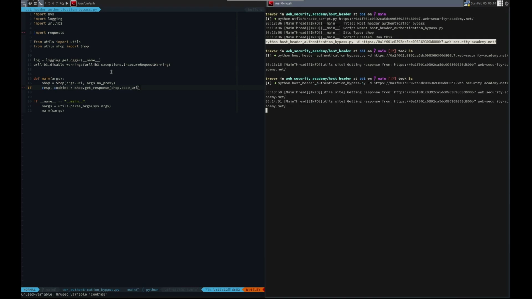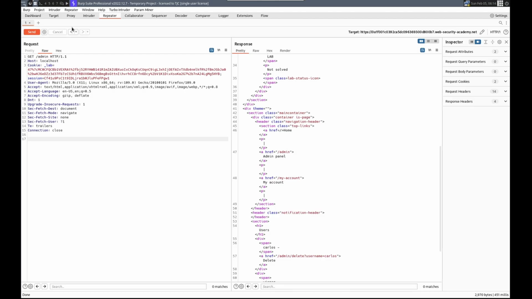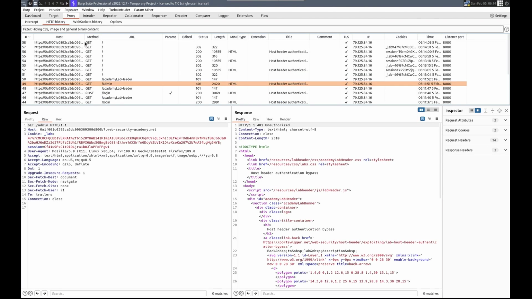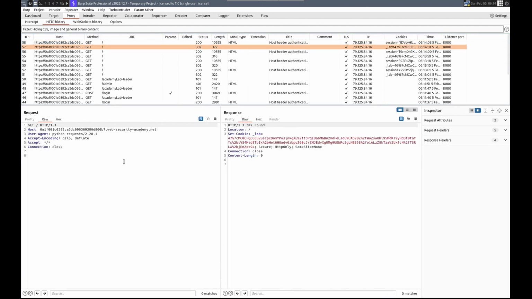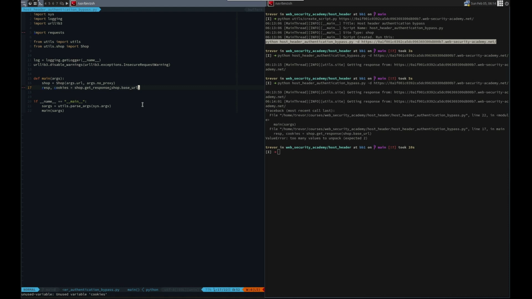Let's see. Proxy. What this does. We got a 302. All right, so we're gonna do cookies equals resp dot request dot underscore cookies,